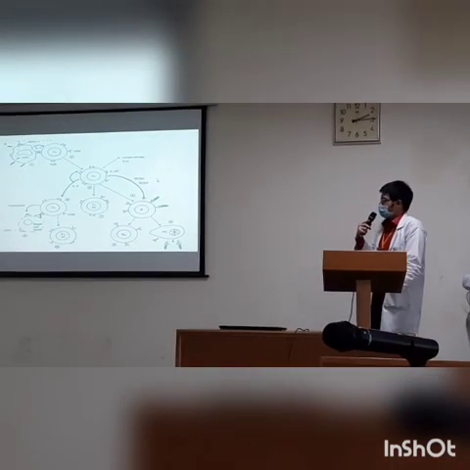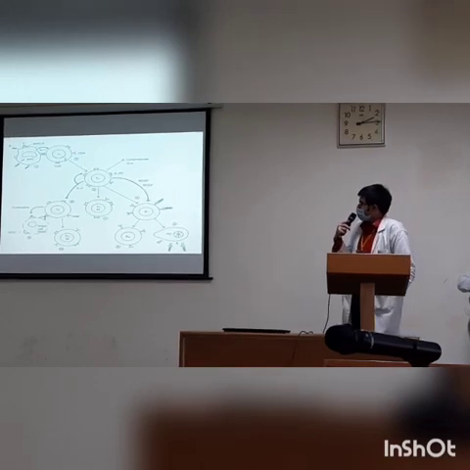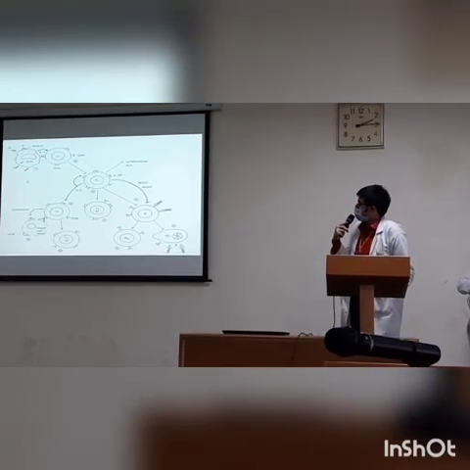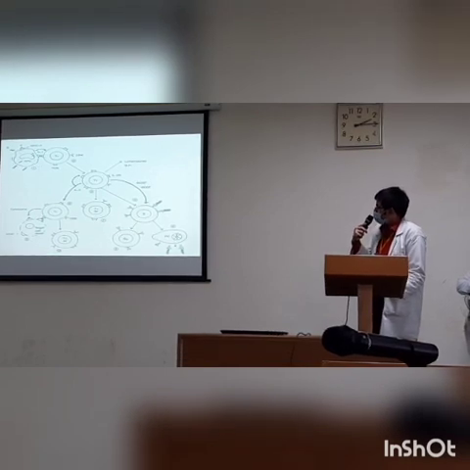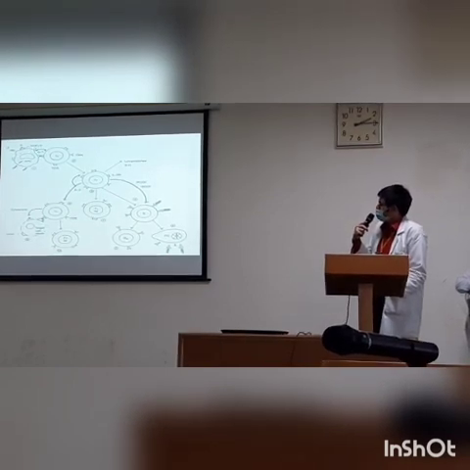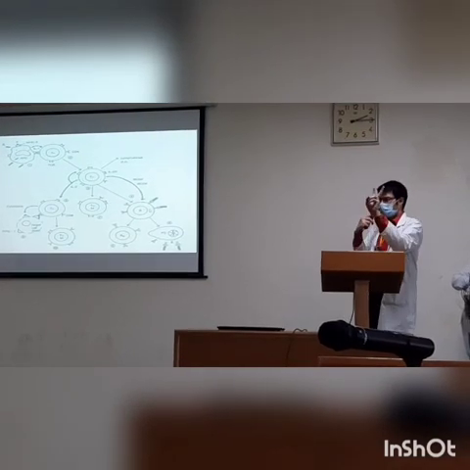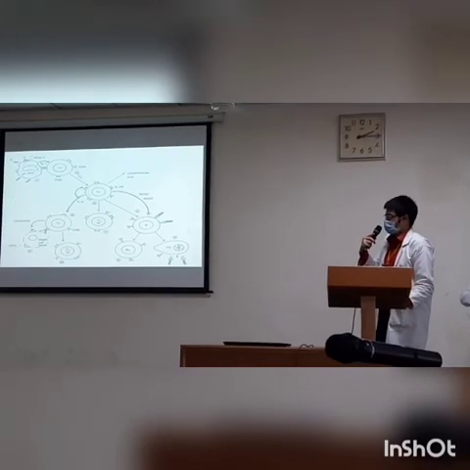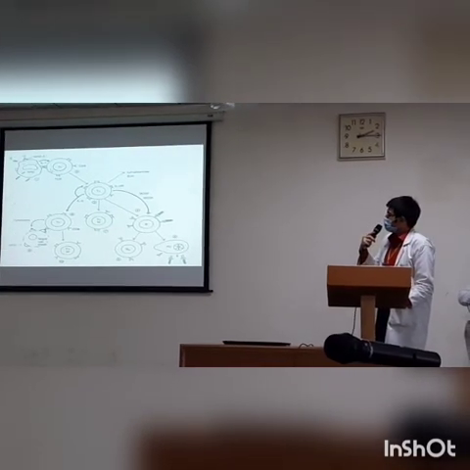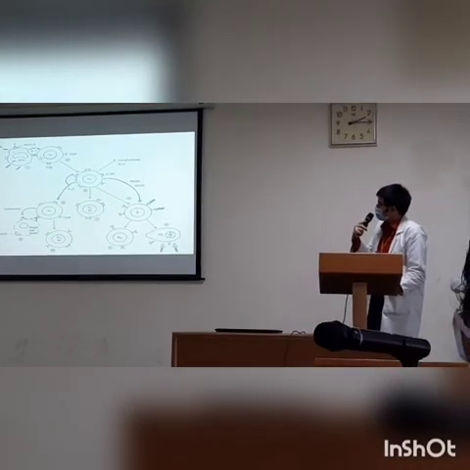This is a basic immune response which happens with regards to almost any pathogen. Once the pathogen enters, or the antigen as such, it is engulfed by an antigen presenting cell. Once this happens, it presents the antigen complexed with major histocompatibility complex 2 and presents it in a sort of Y-shaped structure onto the surface of the cell. This interacts with T helper cells. Now this T helper cell interacts with this complex with the help of a T cell receptor, as you can see over here, which is the same thing.